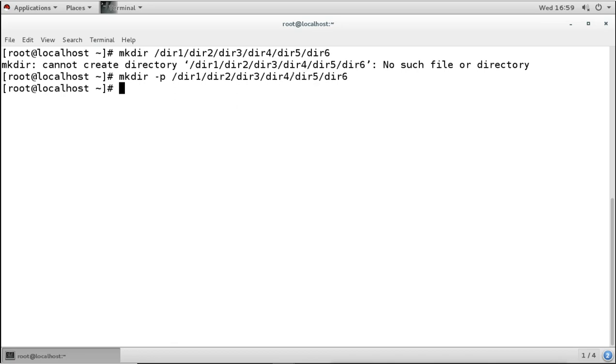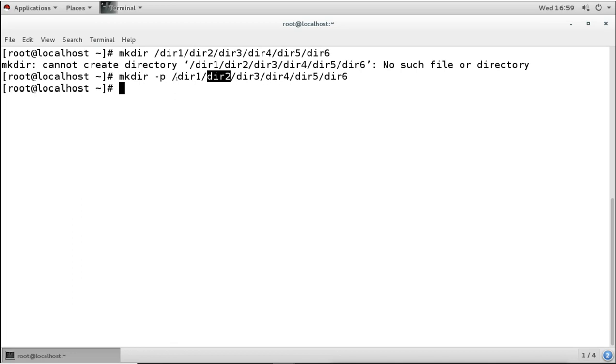But when it tried to create this one, it says okay, this parent is also not there. So it will try to create this one. Then it says this directory is also not there, so it will create this, but creating this, it says this parent is also not there. So it will create all the parent directories, if they are not there. Remember, if they are not there.